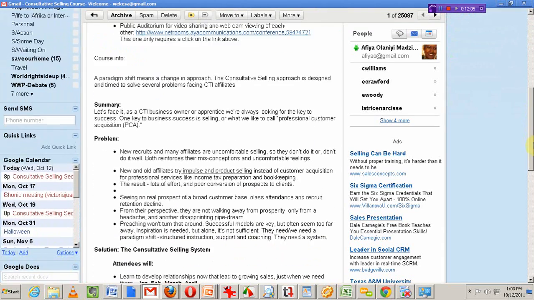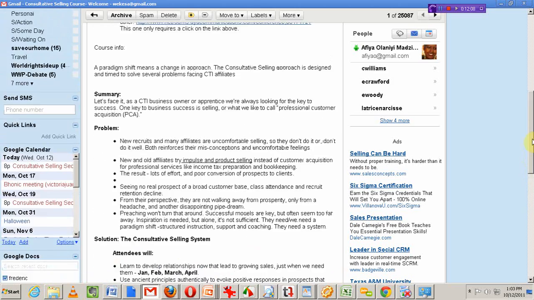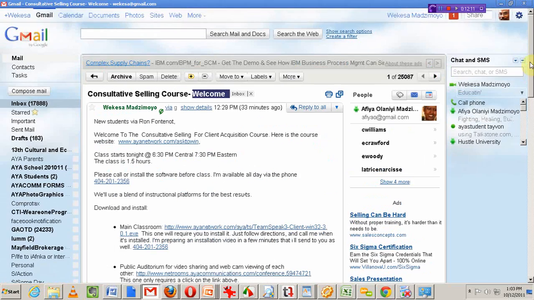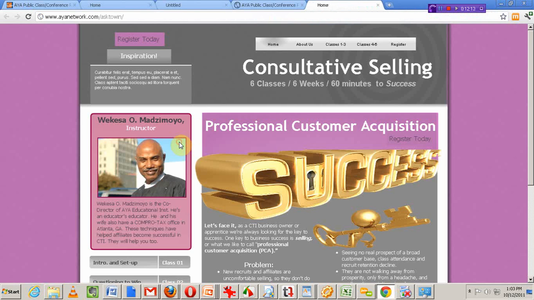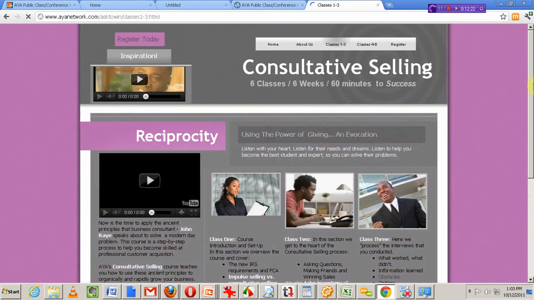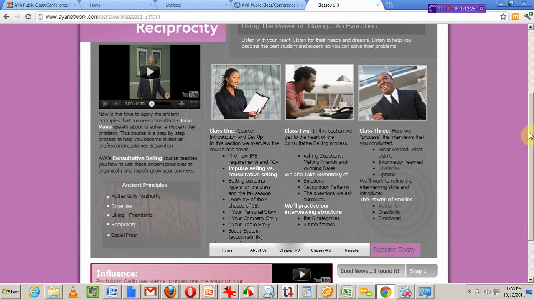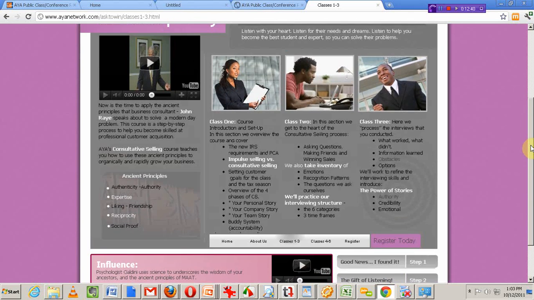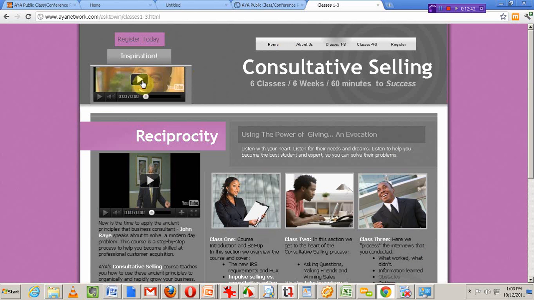What you can do is visit the website and begin to look at some of the outline of the course that we're going to be teaching tonight, consultative selling. And you'll see down in the bottom left, there's intro and setup. This describes what's going to be happening. Now, there will be some students in the class who already started this class, and that's a good thing, actually, because they can be supportive of you and review for themselves, okay? We'll probably go into different channels at different times. So please review the website. Please click on some of the powerful videos that you'll see,